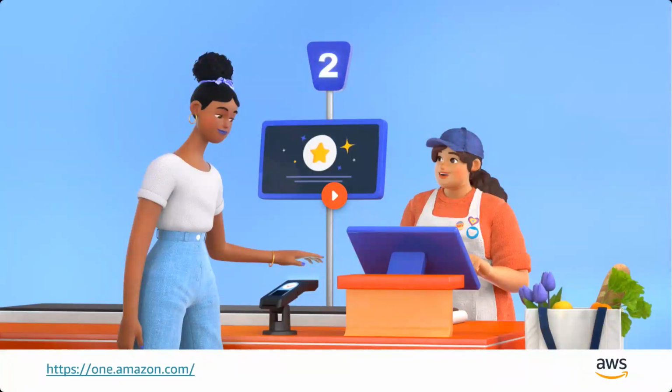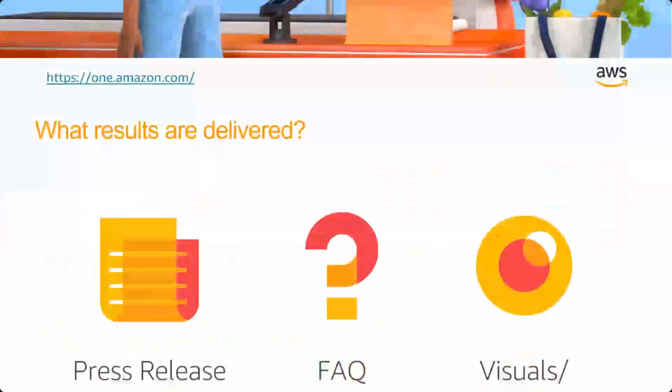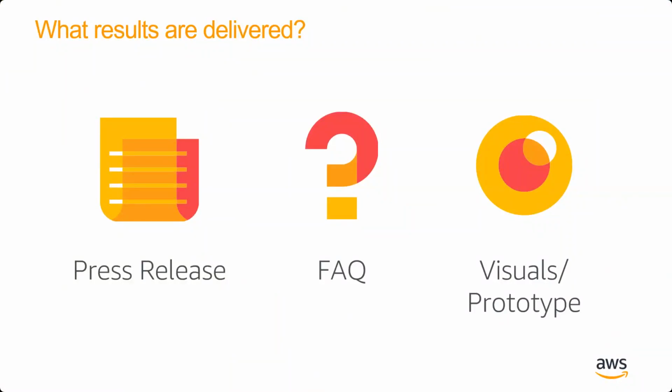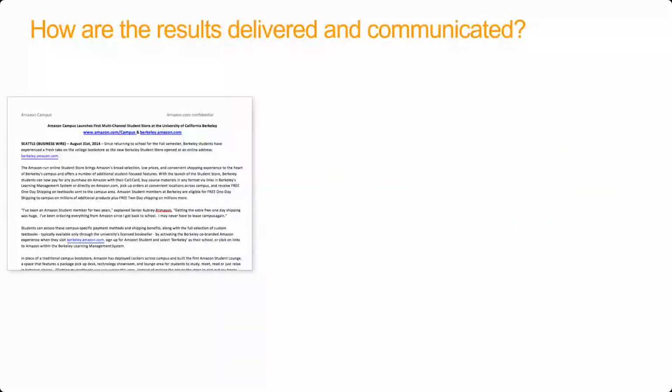So this showed you empathize, the problem statement, defining the problem correctly, ideate around it, define the solution, and then prototype it. I'm going to give you some examples. When I said the mechanism, we said we do a press release, frequently asked questions, and visualize. This is purely around empathize. We do a workshop, we understand the customer, define and ideate with them, define the problem, and then we write a one-page press release, as if we are going to the future, as if we are launching the product before doing any technology.